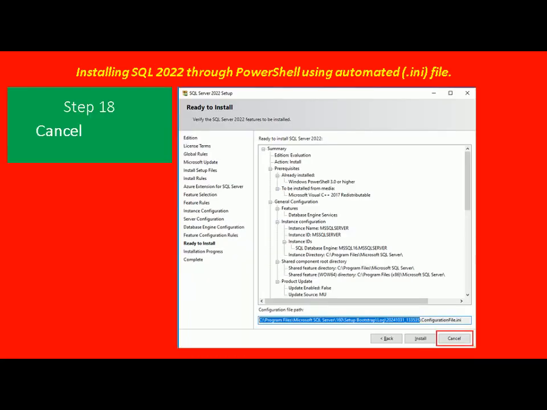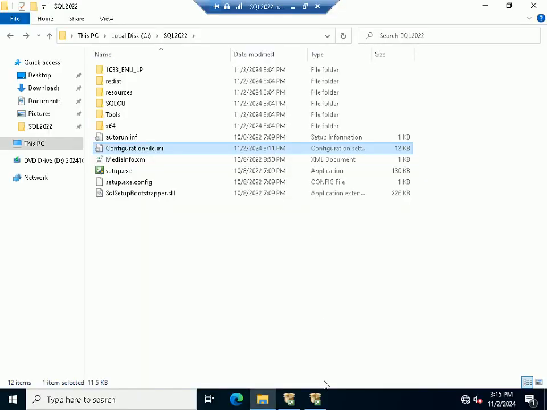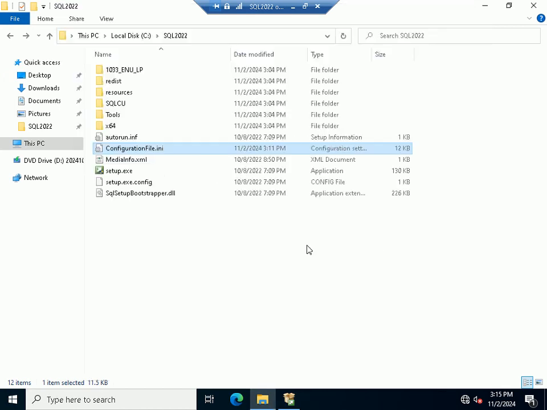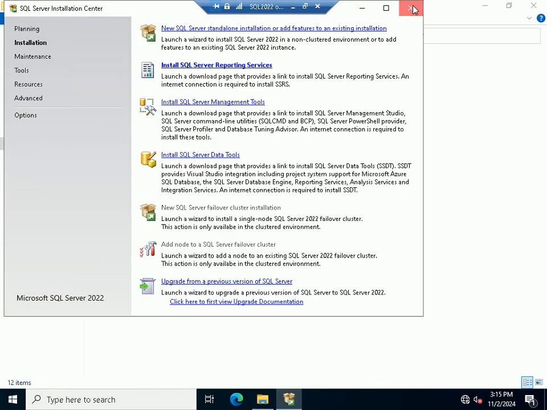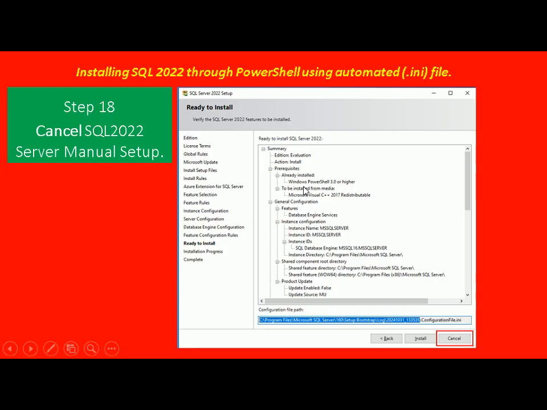Now next step is we need to cancel our SQL2022 server manual setup. So we will cancel our SQL2022 manual setup over here. Cancel and yes. And I will close this one also. Next is